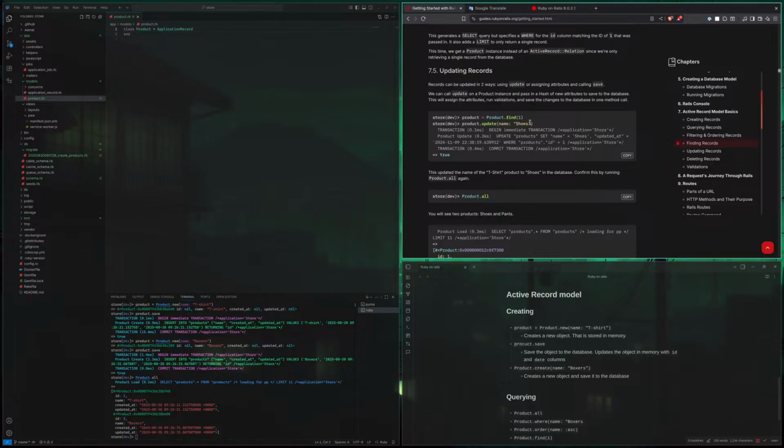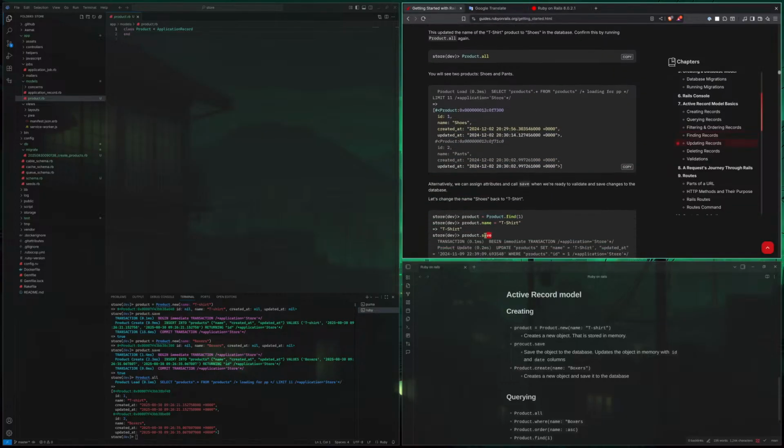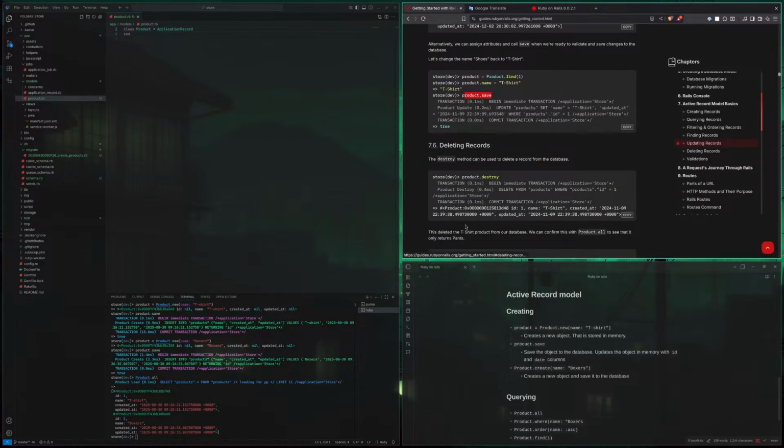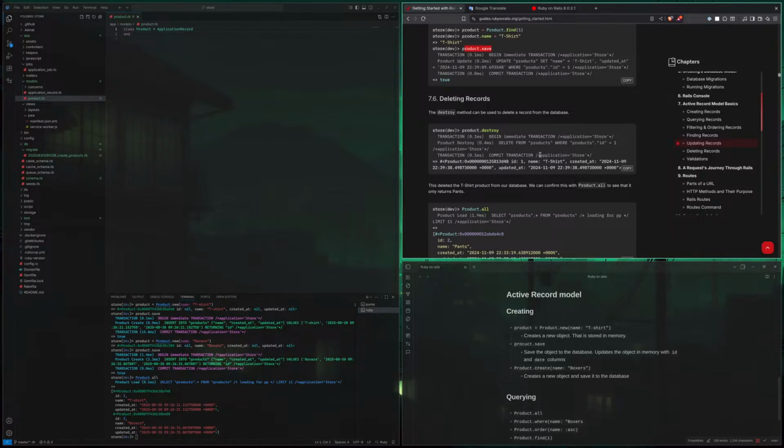Why would you want to save it later? Yeah, maybe if you have some if statements, and yeah, I don't know. I guess we will find out sooner than later.